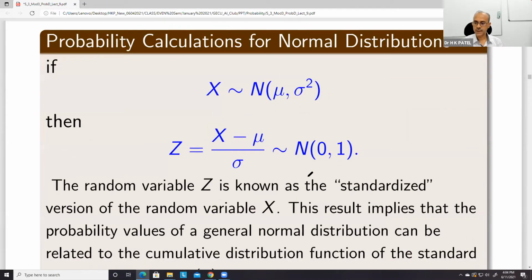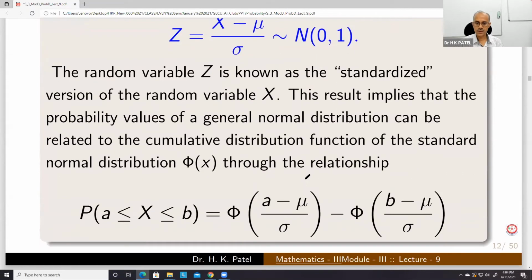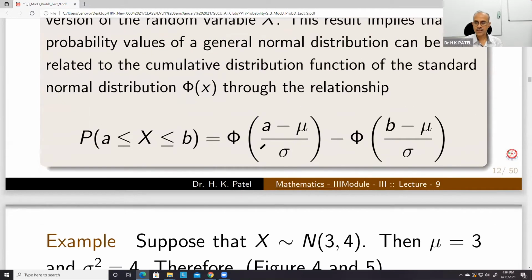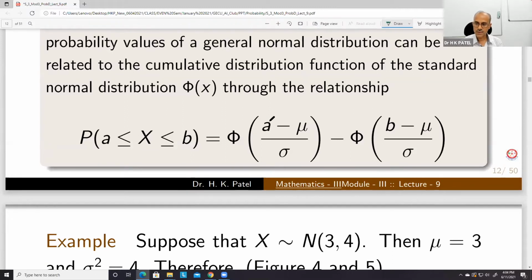So I think this is again the same thing. Summary: P(X ≤ x) is equal to Φ(a) minus Φ(b). Again, a mistake is going on. This is B. This is A. So keep this in mind that the right side element will come first and then the left will come.